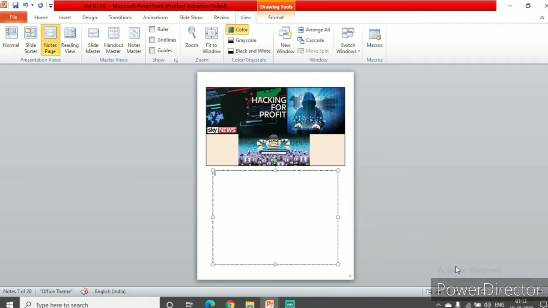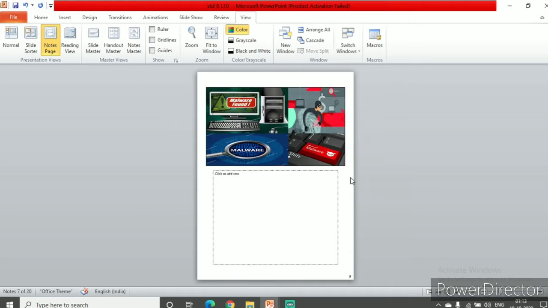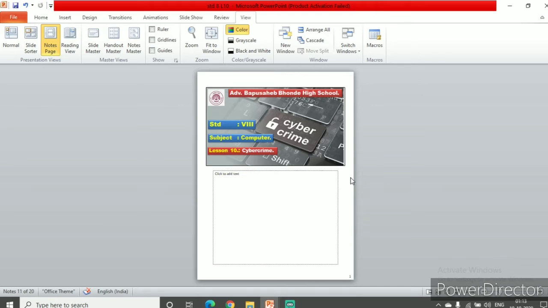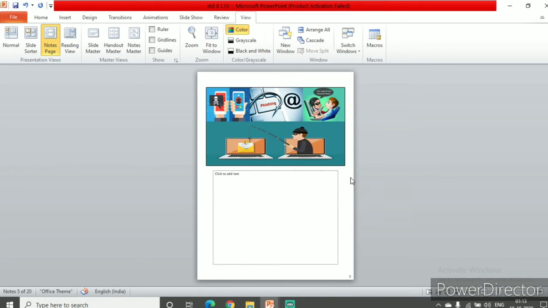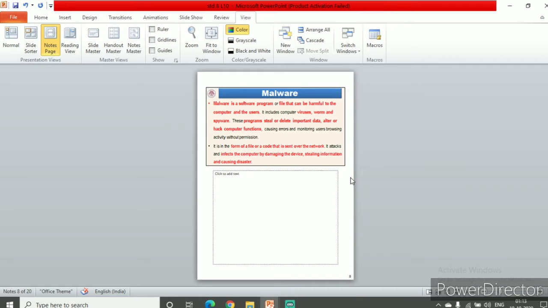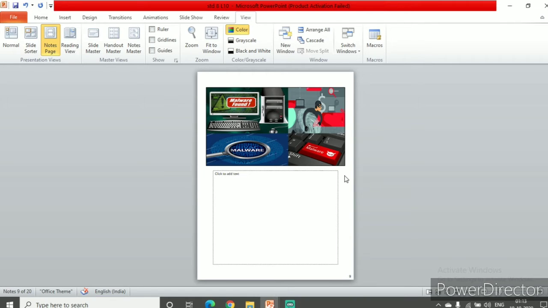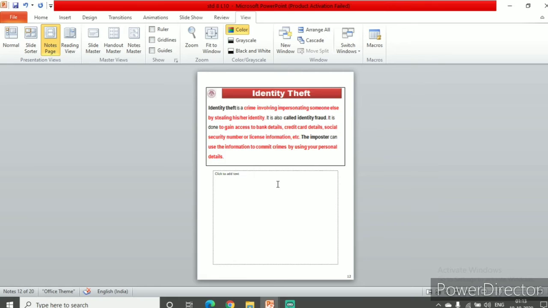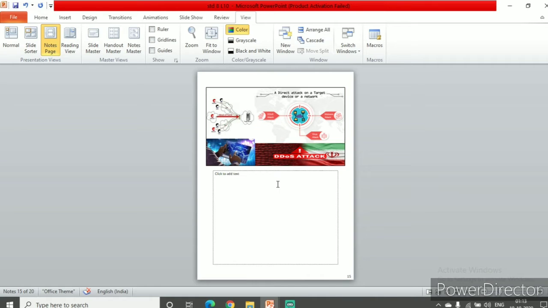Can you move from here left, right, up, down? No. Yes. Because it was selected, it didn't move earlier. But once I removed the selection, now you can go on seeing your presentation. You can go on adding the notes here. Alright. What I am doing is I am pressing the arrow key on the keyboard and the slides are changing out here. Okay. So this view shows one slide at a time